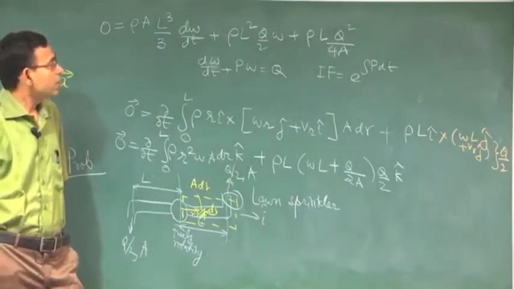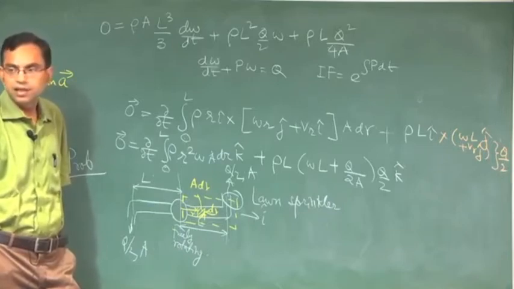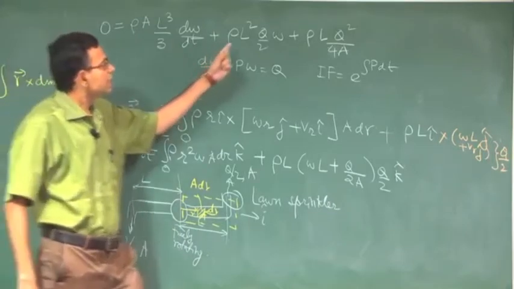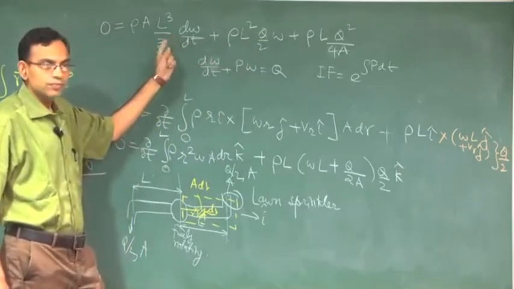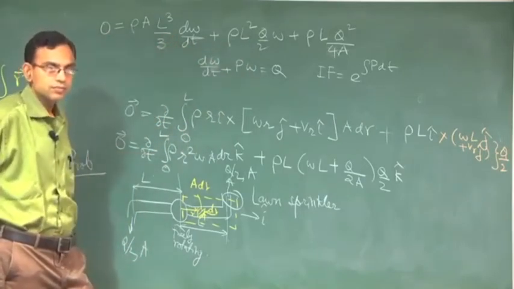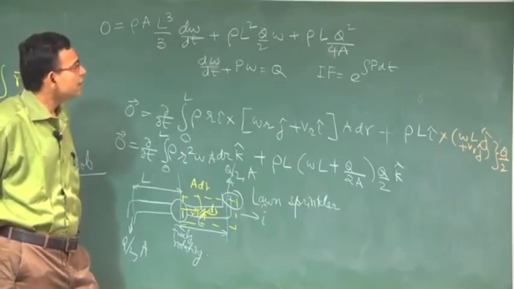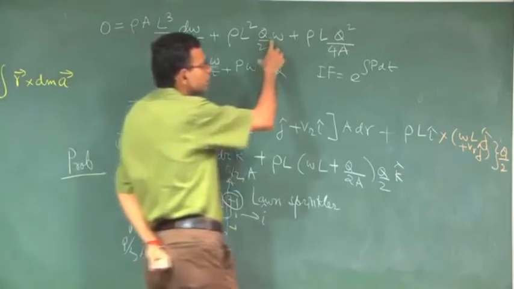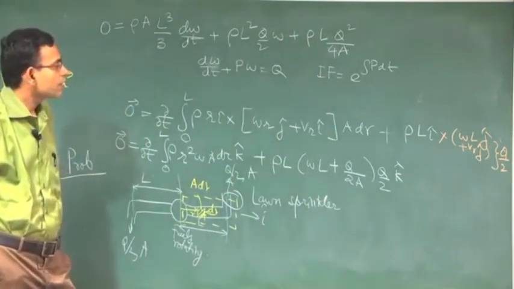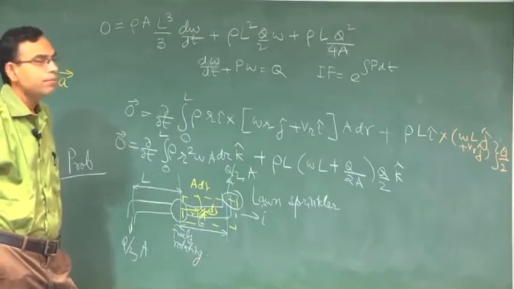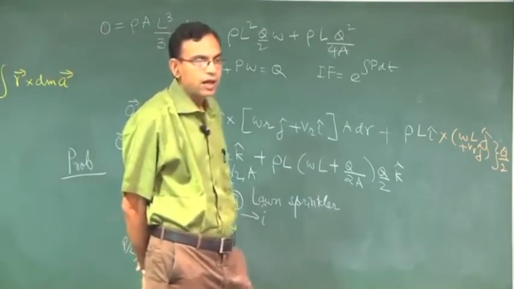Okay. How do you find out what is the steady state angular velocity? That is very easy. At steady state you will have this equal to 0. Okay. So then you will get the value of omega from here. Of course the direction will be minus, that is it will be clockwise instead of anti-clockwise.